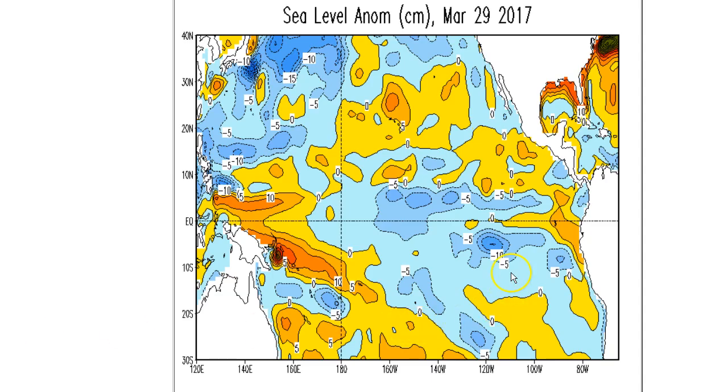Sea level anomalies, again, strip out all the wind, all the waves, all the tides, and if you have a rise higher than normal, and we're talking like in this area right here, 5 centimeters above normal, that suggests warm water at depth. Warm water, of course, expands and sort of makes the ocean surface rise a little, and this is all part of that warming that's going on off of here, Peru and Chile. This had actually extended continuously, just, was it yesterday, out here. It's broken off, but still, pretty good warming going on here, but